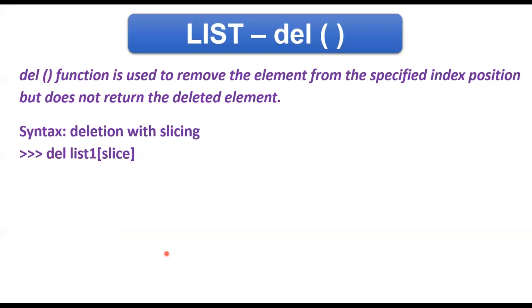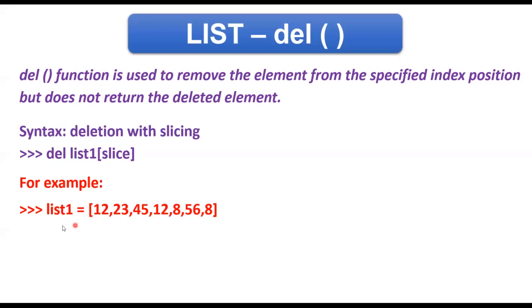Now, there are some more functionalities of my del function. And what are these? We can delete a slice also from a list. That means the del function can remove one element or more than one element at a time from the list. So what is the syntax for the same? del list1[slice]. Similarly, as we pass one single index location over here, in place of that, we can pass one slice also. And this slicing procedure we have learned already in our string sequence videos and in lists also. So we can follow the same pattern.